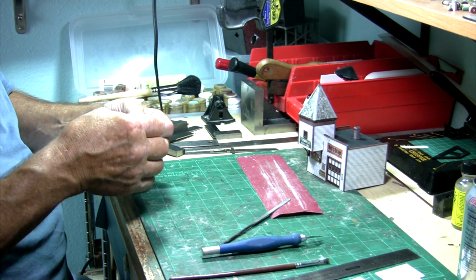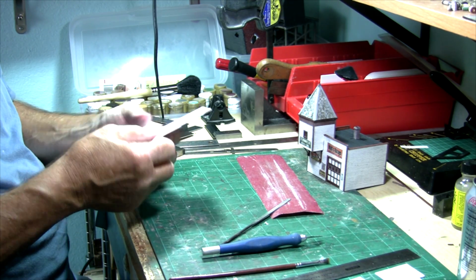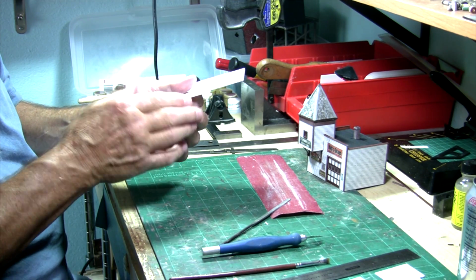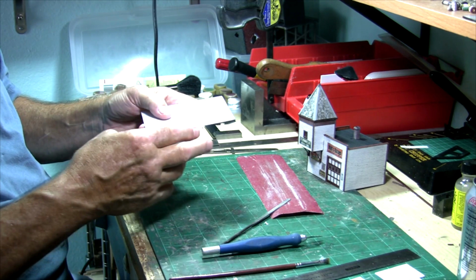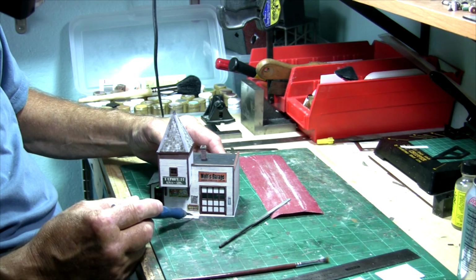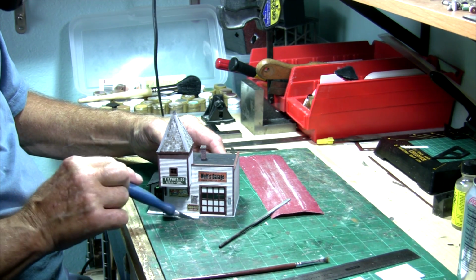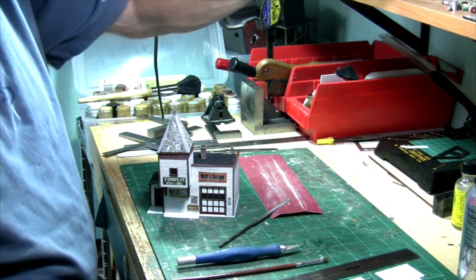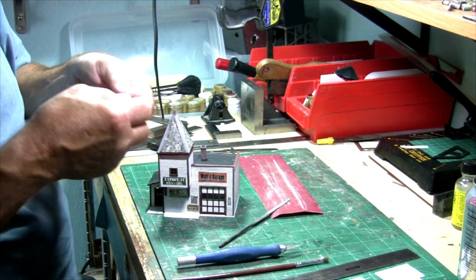And once it's good and dry, I'll just go over with a file or a little sanding block. I'll sand this smooth over here and on both sides, and then curve this a little bit, and then you won't see this little step right here. This is going to be all sanded down, and it's going to look like one continuous piece. And then the gas pump, I think I got the gas pump over here. Yeah, the gas pump will sit